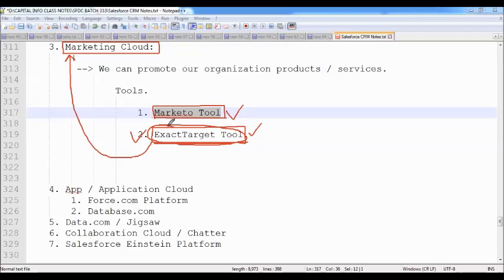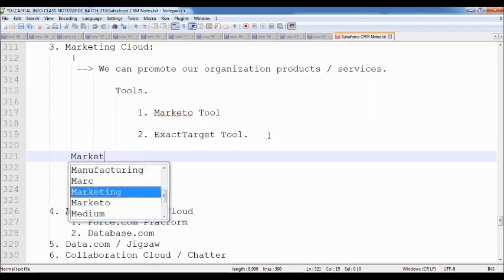That means Salesforce acquired this organization ExactTarget, and on this ExactTarget tool, they got the complete copyright license, and they did so many enhancements and added so many additional features, and finally they mixed this tool inside the Marketing Cloud features. So from Salesforce, Marketing Cloud means what? ExactTarget, simple concept. So now as part of this Marketing Cloud, Salesforce has given so many features by default.